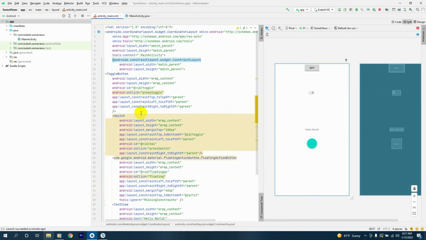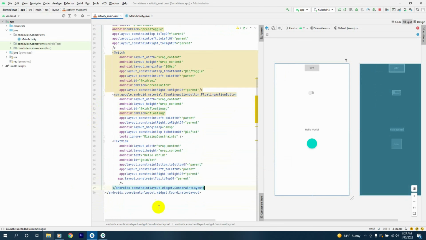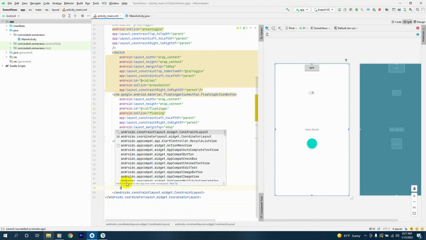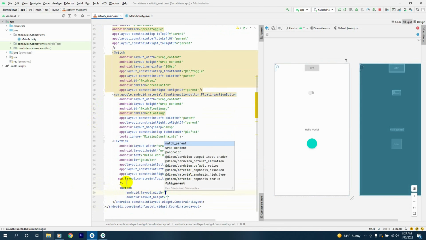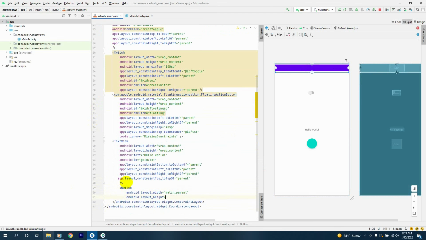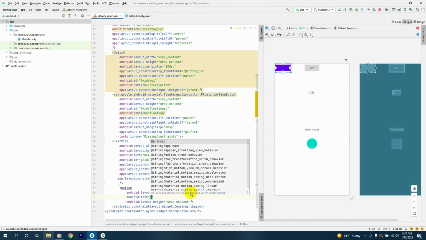Now everything's positioned well, and the next thing we'll have another button here, with wrap content and wrap content, and the text will say open snack bar. We'll be making a snack bar,